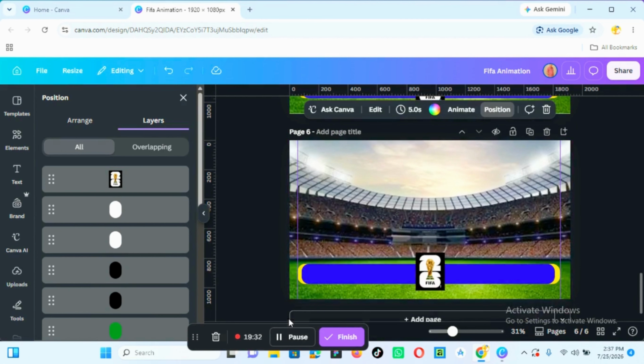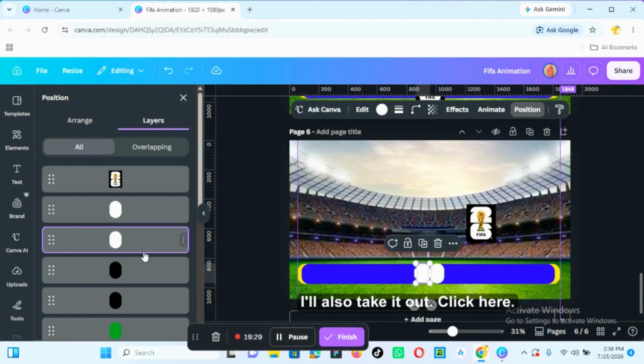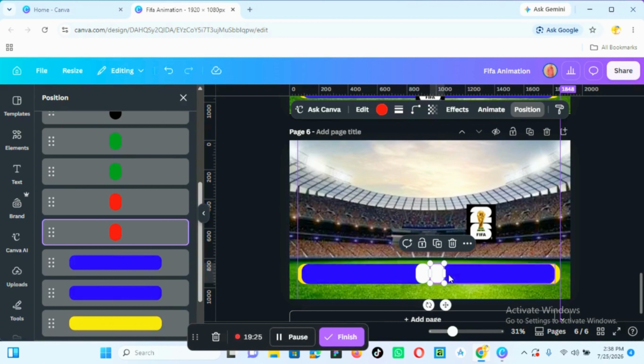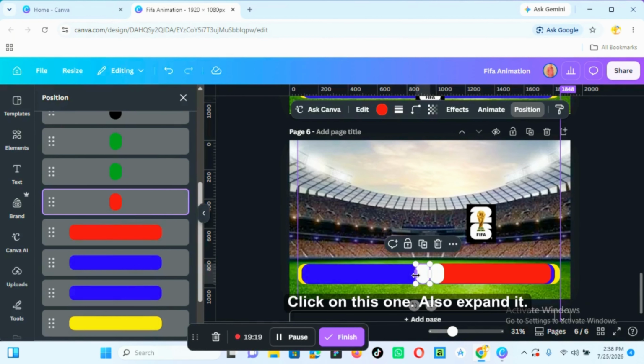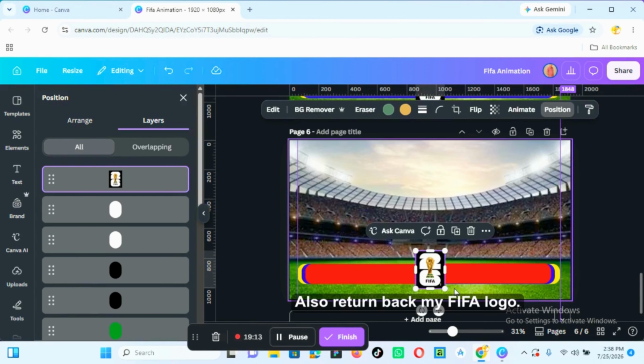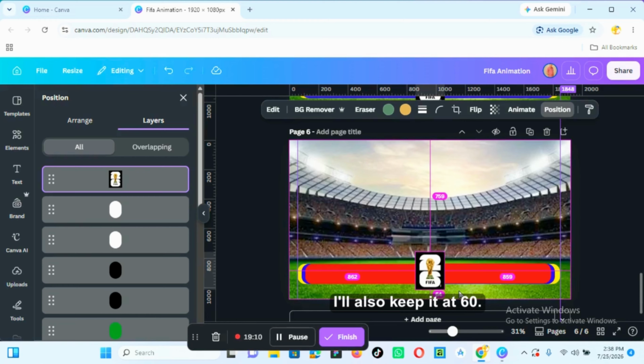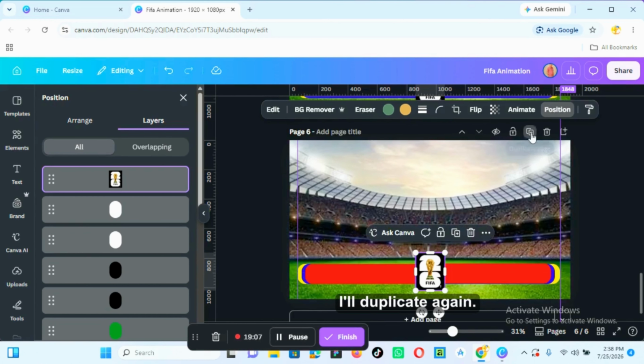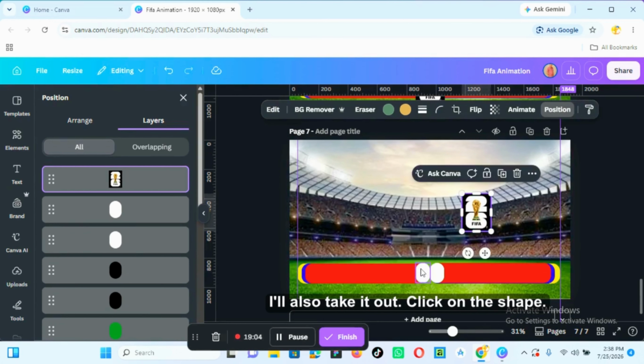I'll duplicate, I'll also take it out, click here, return back to position, go to red, expand it, click on this one, also expand it, also return back my FIFA logo, also keep it to 60, I'll duplicate again, also take it out, click on